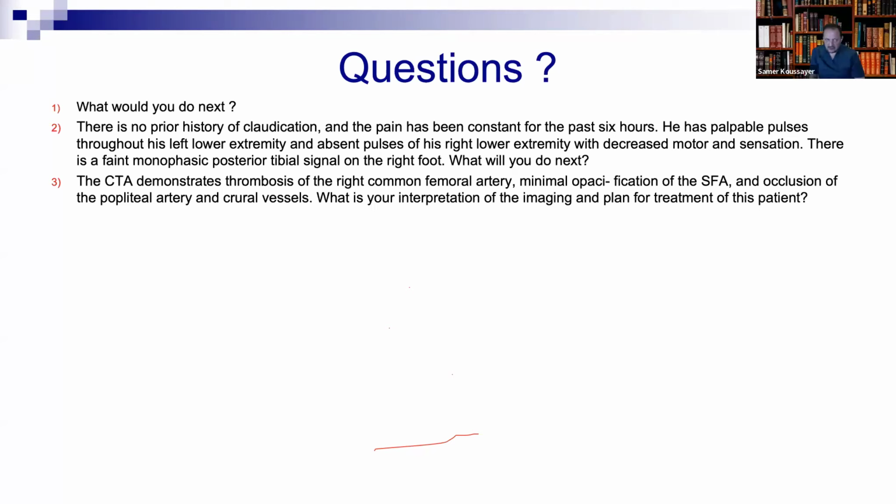In real life, it's different. In real life, we now do mechanical thrombectomy because it's very quick. Before, we said we cannot do endovascular because thrombolysis takes 24, 48 hours, but these days you can do a mechanical thrombectomy. It's like a surgery. But again, don't mention that in the exam. The exam is different. In the exam, be on the safe side, do it with surgery.